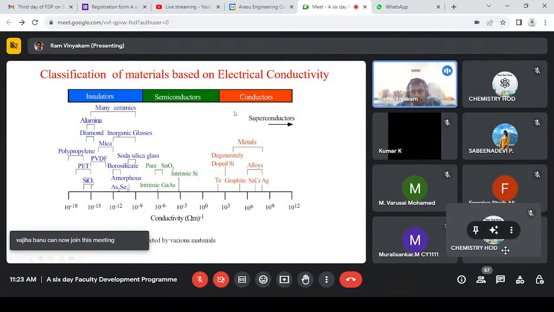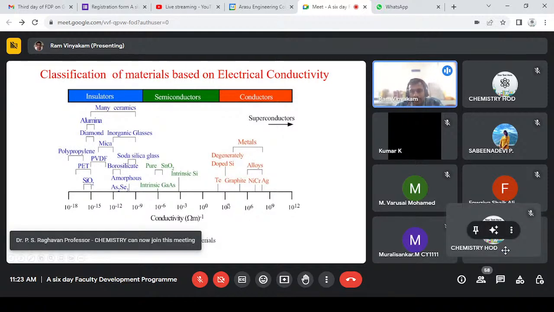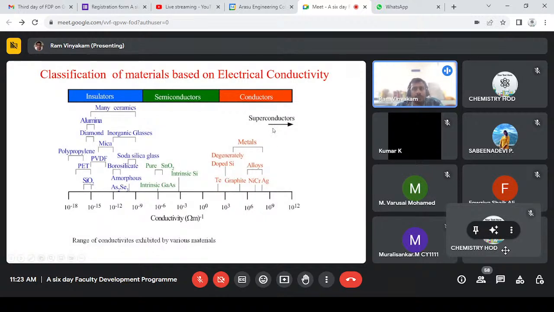So just as I showed before in the first slide about conductivity, this comes with respect to different materials. The conductors category starts from 10 power 3 to 10 power 12 and so on. Theoretically, infinite current is possible in the case of superconductors, but practically there are restrictions too. It depends upon the current density, which has a limit, depending upon which superconductor you are using. In the case of metals and metal alloys, mostly we have nickel, chrome, silver, platinum. Those have greater than 10 power 6